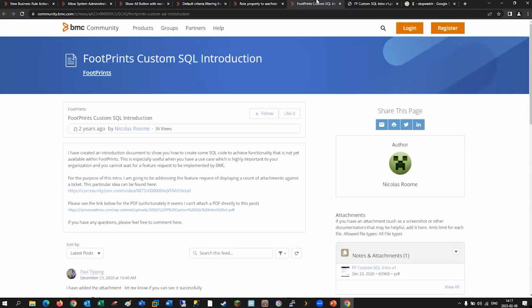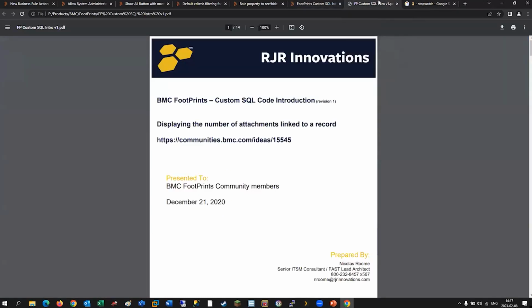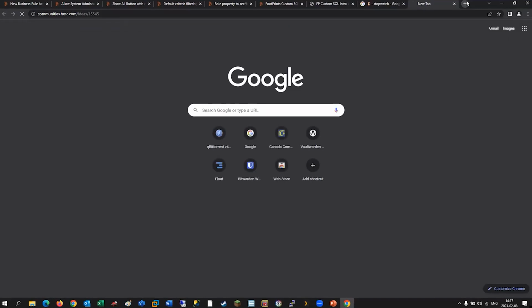So I wrote up this post about 2 years ago, documenting a little bit the process and providing an example via the PDF here. This particular PDF example is about displaying the number of attachments linked to a record, which was essentially based off of a feature request here. If I pull this up here, I don't even remember the details or if I've shown this one before, but essentially this was a request